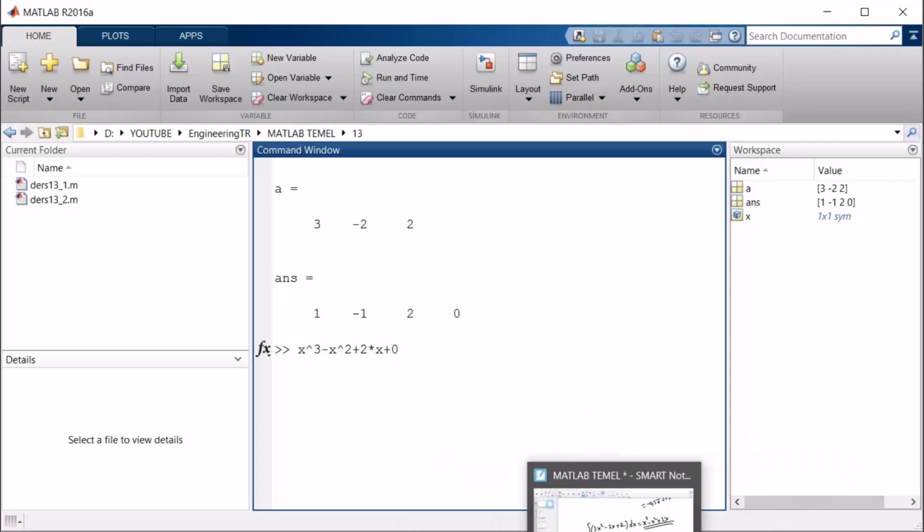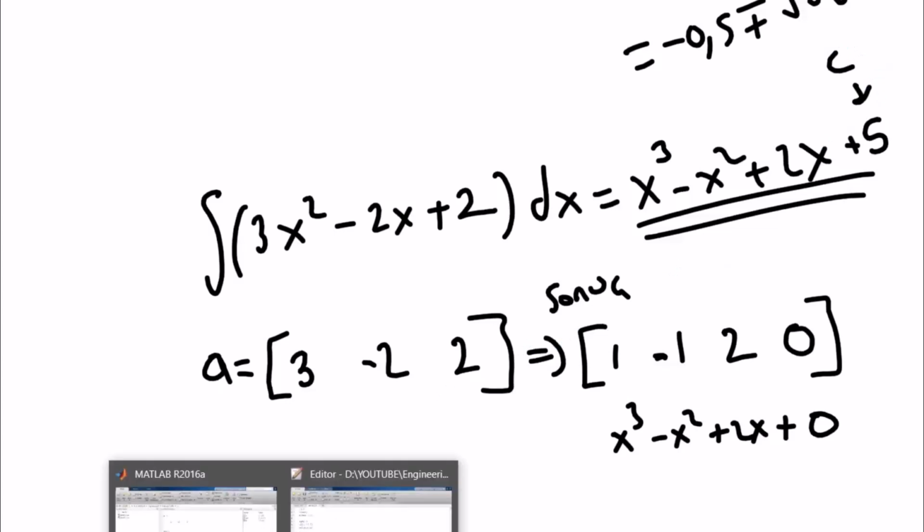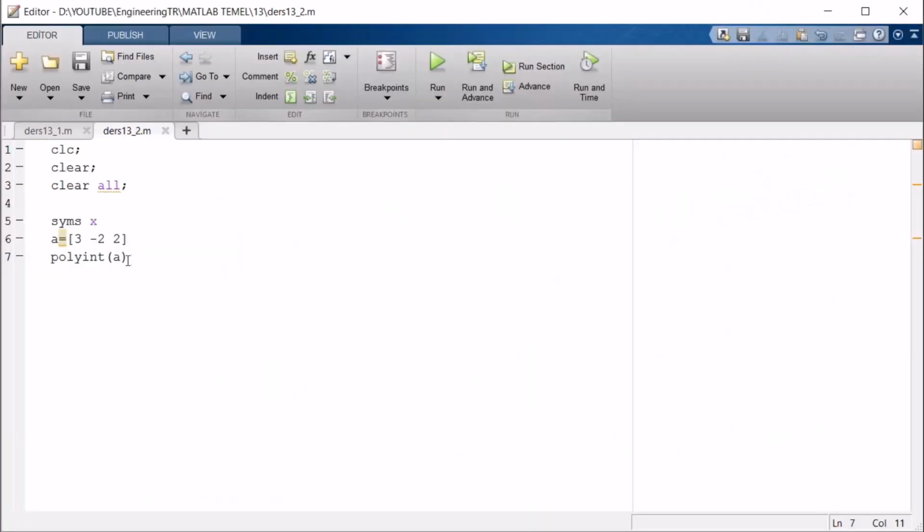So is it always 0 for the coefficient here? Now, for example, if I think about it backwards, if I integrate it, this comes up. If I integrate x upper 3 minus x squared plus 2 multiply x plus 5, we say C is the integral coefficient. If you want to add C, you can add it in MATLAB like this. When you find the constant coefficient and say whether it is 5 or not 0, you would specify